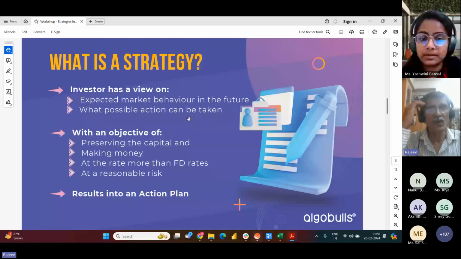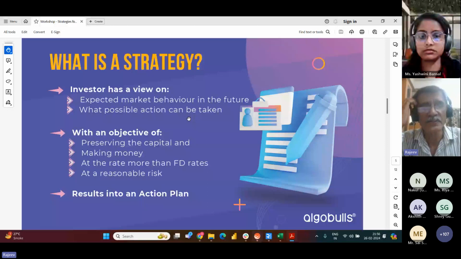So typically people talk about risk to reward ratio. Risk to reward ratio should be 1:2. Your risk should be 1 and reward should be 2 times. If you are likely to lose 100 rupees, you should be in a position to make 200 rupees at least out of that strategy. Then it will be a risk to reward ratio of 1:2.